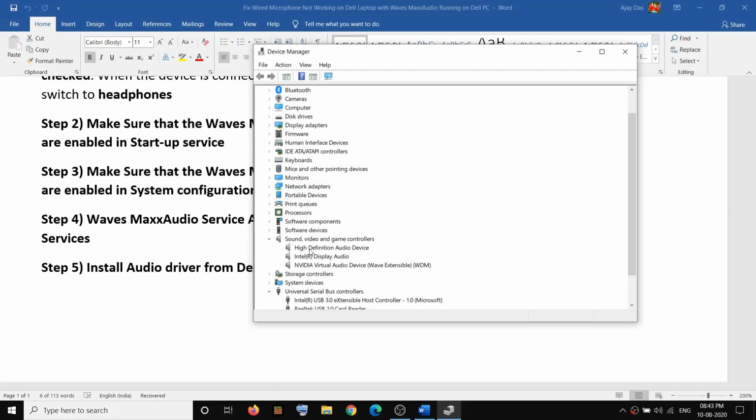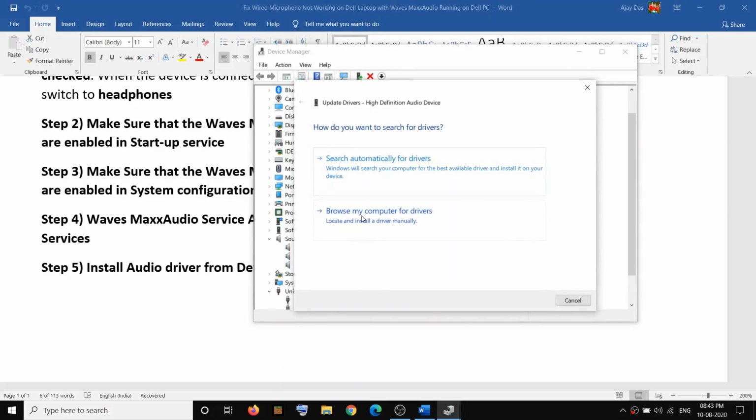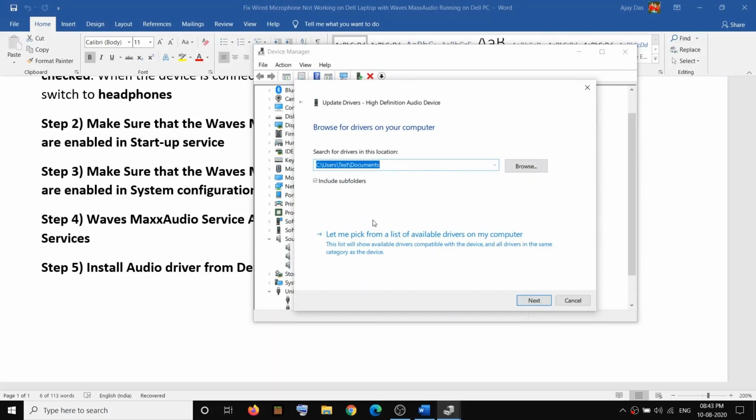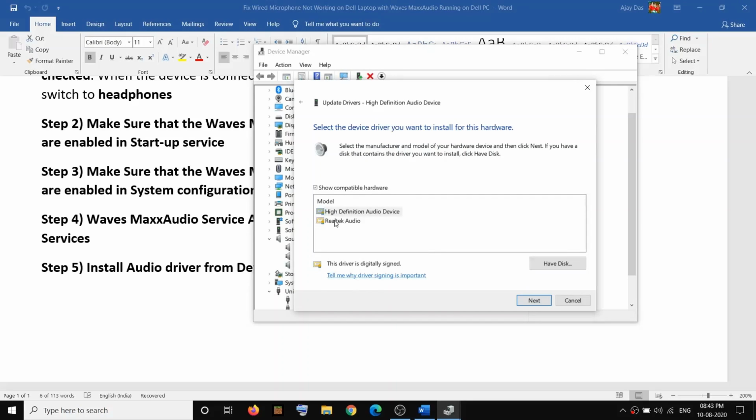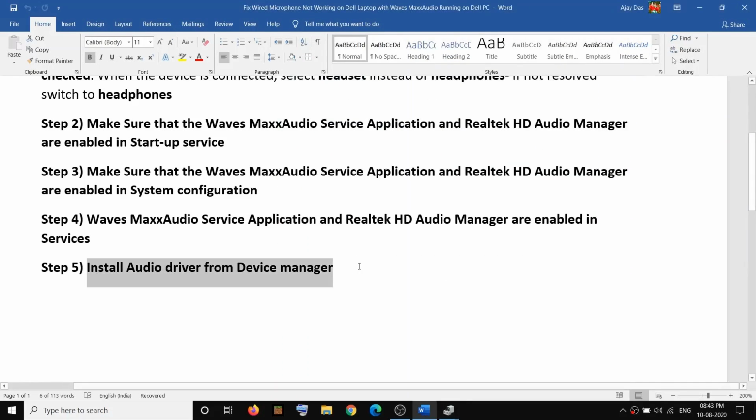So you might see Realtek over here, or you might see high definition audio device. Just make a right click and then click on update driver, then click on browse my computer for driver software, and then click on let me pick from a list of available drivers on my computer, and then select Realtek audio, and then click on next. After this it will install the Realtek audio, and then restart your computer, and then you can check your microphone.